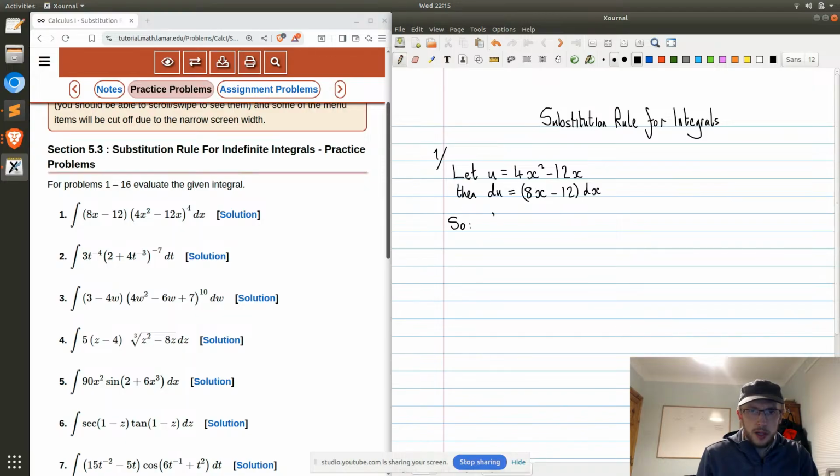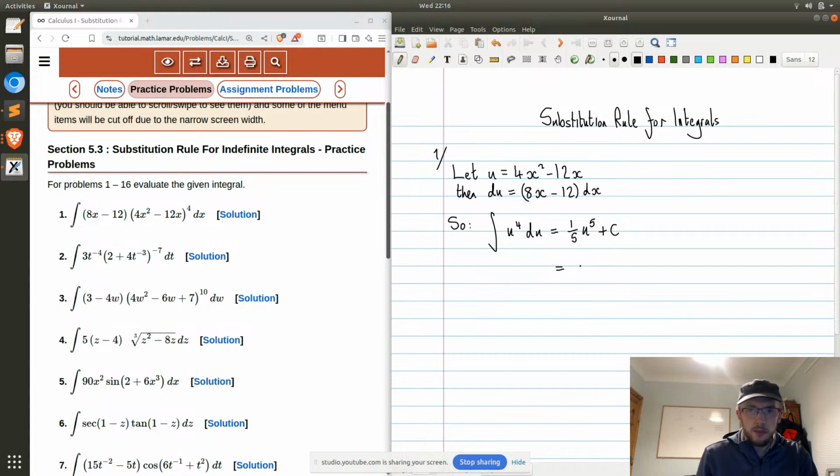So the integral becomes the integral of u to the 4 du, which is 1/5 of u to the 5 plus c,